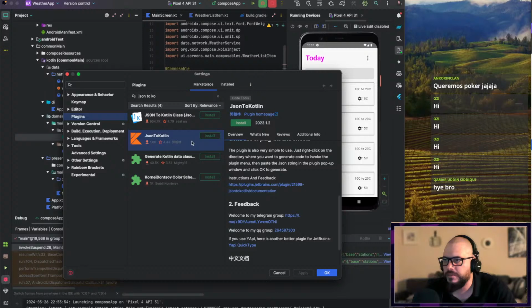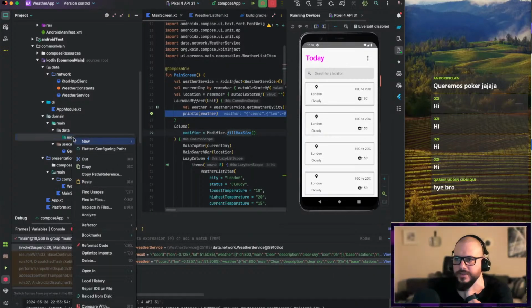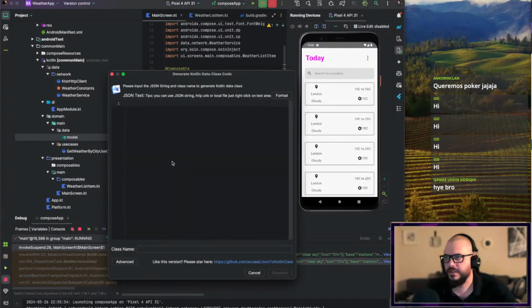Generate, I don't remember exactly. Which one was the one I was using? I don't remember. JSON to Kotlin class? Oof, it's a very long time ago, I didn't use it. Okay, let's try again. New, JSON to Dart, no. JSON to Dart, yeah. All right, so